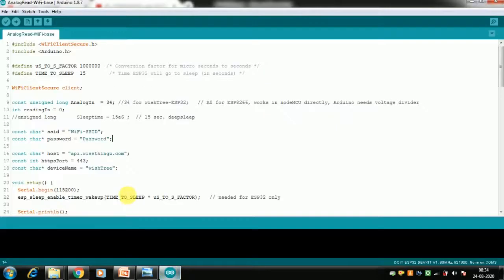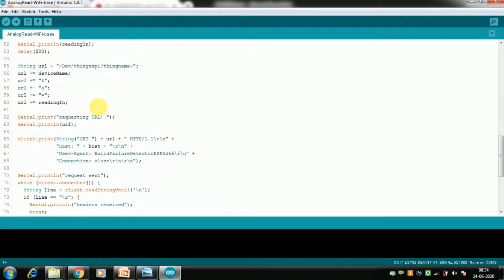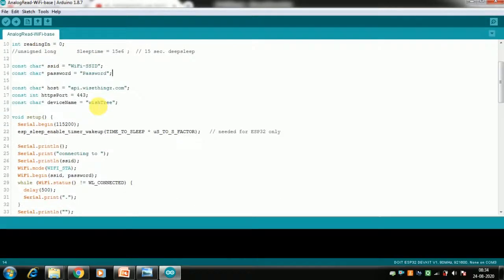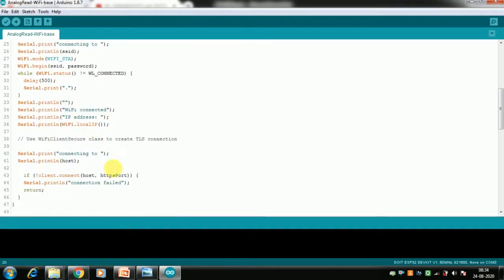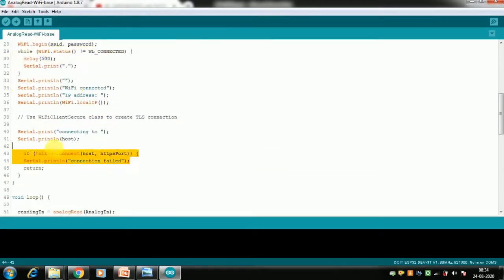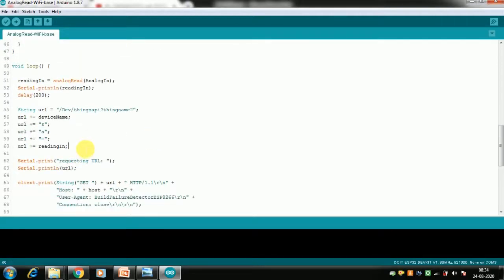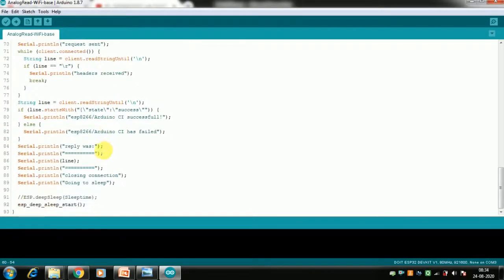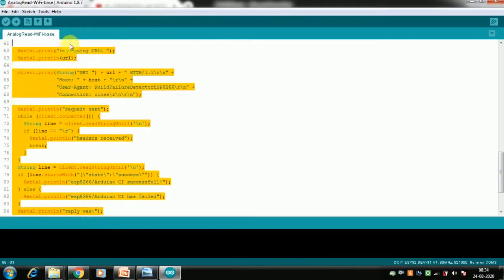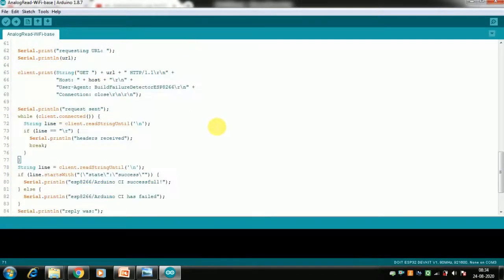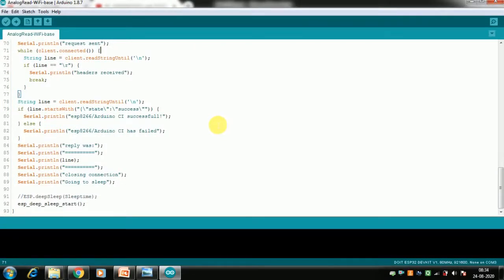What I will mainly focus on is this: you can see this program is big and doing many utility things. In the setup, it is connecting to the Wi-Fi router, getting an IP address and printing it. In the loop, it is creating the URL, and then the whole code is sending it to our cloud server. So this program looks big, and all the utility functions are running inside the main body of the program.